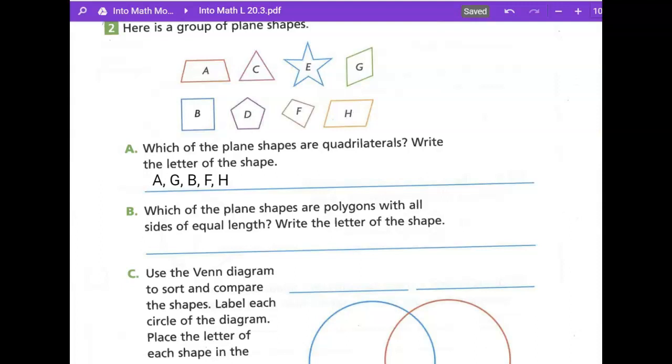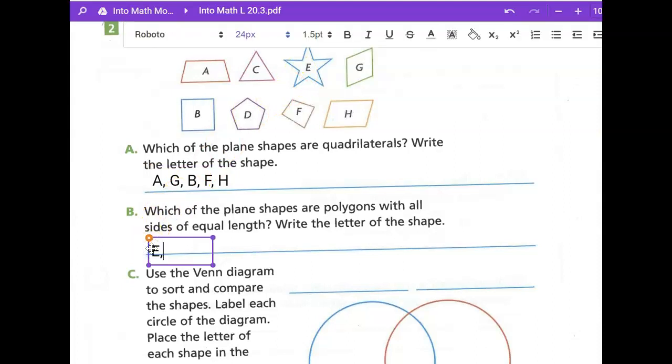Which of the plane shapes are polygons with all sides of equal length? Well, let's look. Not A. These sides are shorter. C. Nope. E. E sides are all the same length. So let's put an E. G. Do we think G sides are all the same length? I do. If I look at B,